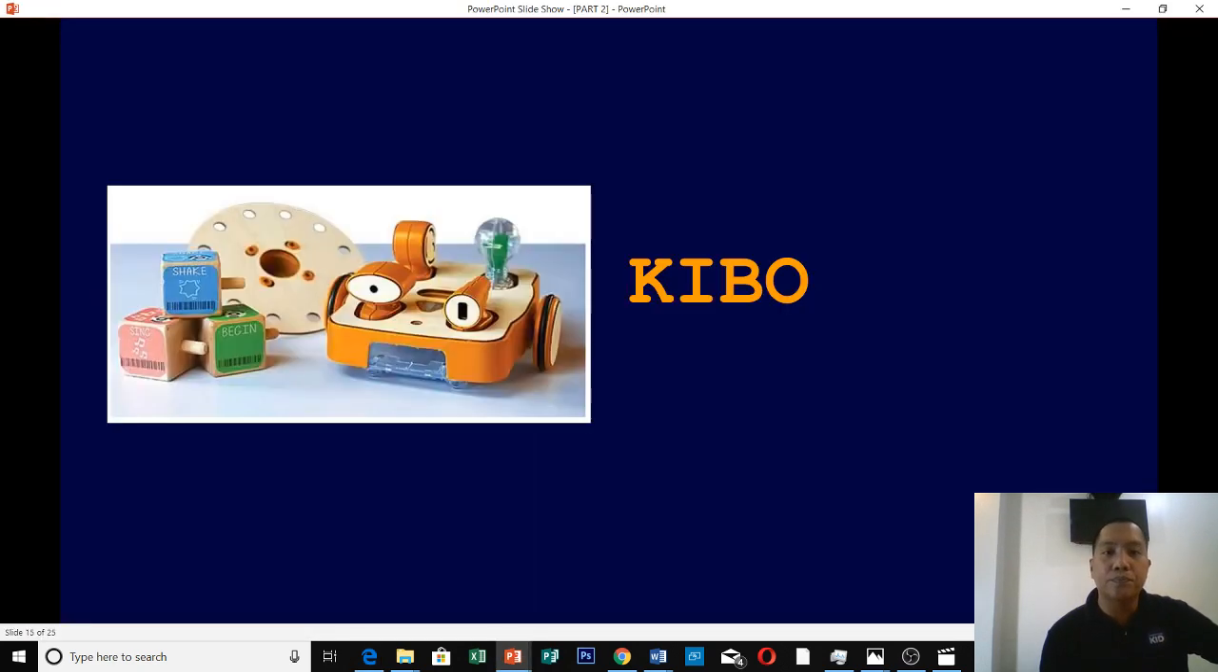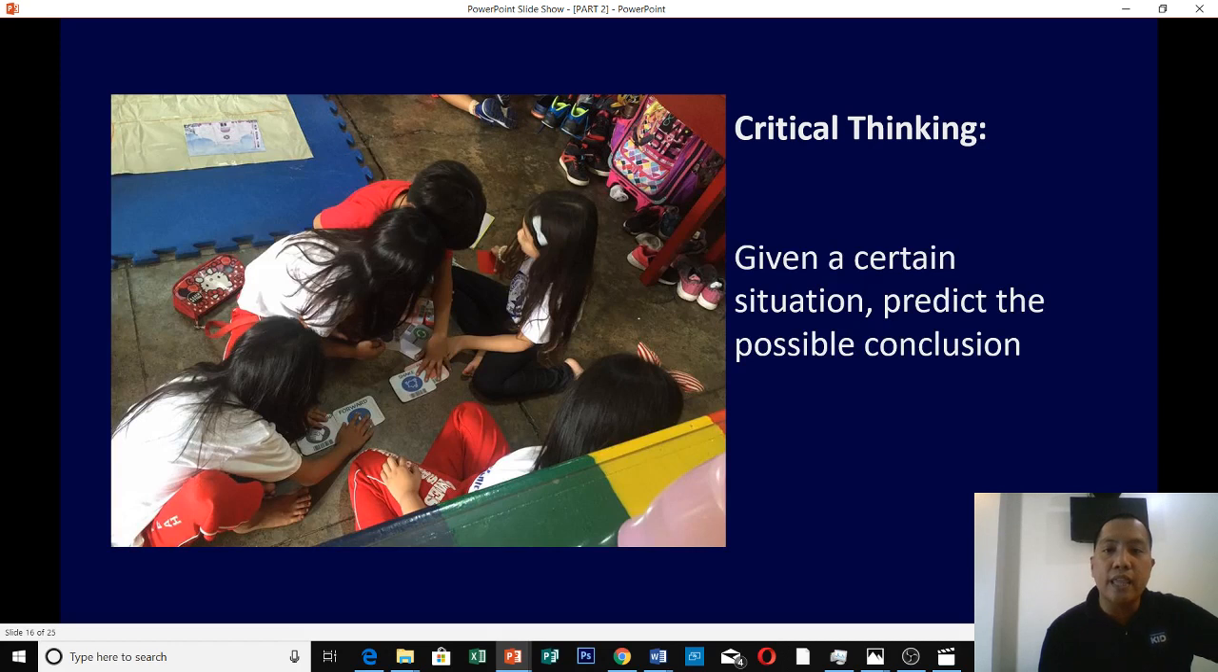Just like this one for Kibo, critical thinking: given a certain situation, predict the possible conclusion. Now, if you look at this one po, ang ginamit po ni teacher, hindi po yung totoong blocks muna. So, nag-replicate muna siya ng papers, or nag-replicate muna siya ng blocks. Kasi nga, dito sila magbe-brainstorm. Okay, so, ano ba yung next na situation? Mape-predict. And then, they're going to program it utilizing muna yung